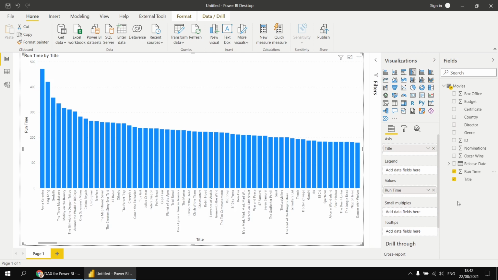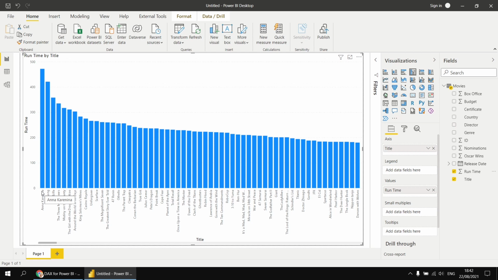Now ideally what I'm trying to do here is show one single column for each film in my dataset, but the problem is I have several films which have duplicated titles. So some of these titles, like the first one, Anna Karenina, is showing a total runtime of 472 minutes. That's a pretty long film, even I wouldn't sit there watching that. What I really want to do is separate this column out into however many versions of Anna Karenina there are